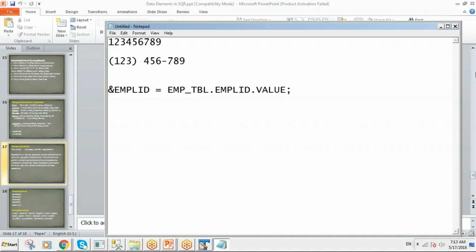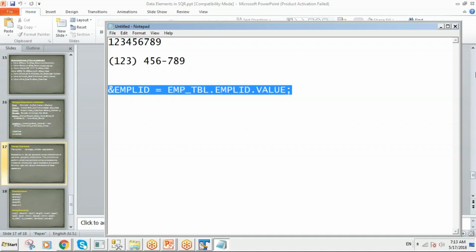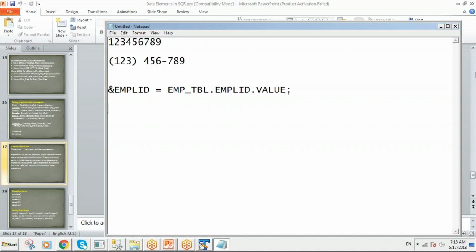This is the command we will use in PeopleCode. But in SQR, if you are writing like this, $employee_ID equals the same value,